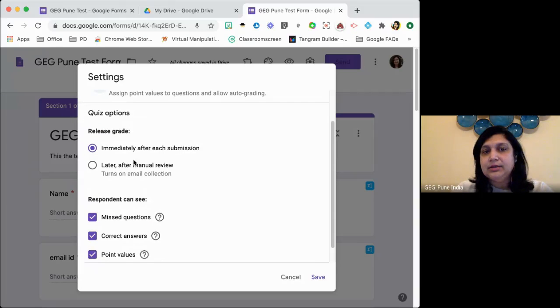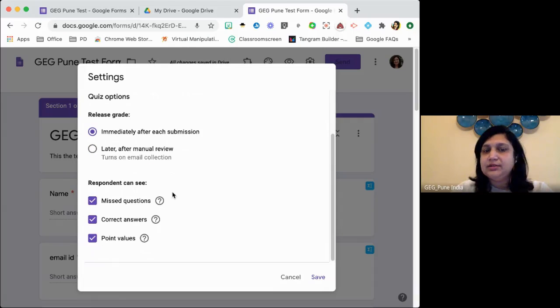Now, there are 2 options here. Either you want the child to see the grade immediately, or if you give a long answer. I remember yesterday somebody asked, can they give a paragraph answer? Yes, the child can write a paragraph. Just like I put a math question, I will show you that he can upload his work. You see whether he did the steps properly or not, and then you give him a grade. For later review becomes this option. You check the whole form. The auto graded ones will be graded automatically. For the questions you want to check yourself, you look at that solution and then adjust the grade. Okay, so right now I'll just leave it like this.